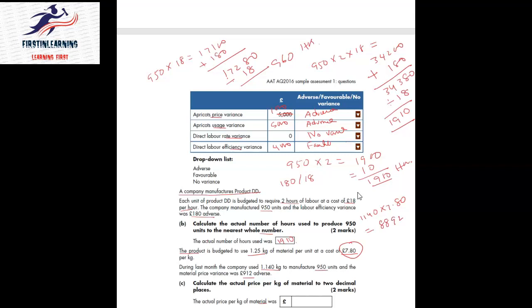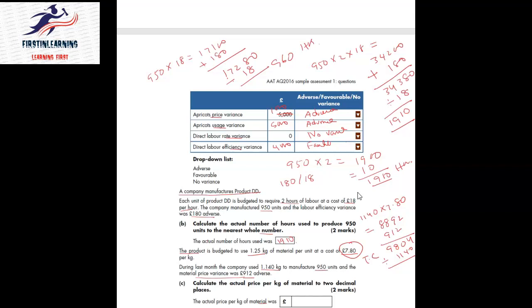And after that we'll see how much was the adverse variance. So 912, we'll add that. So that gives us the total cost we have spent actually 9804, and this is the total cost of 1140 kilo. So now we will divide by the number of kilo, and that will bring us back